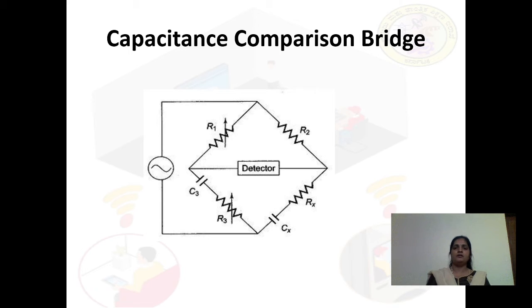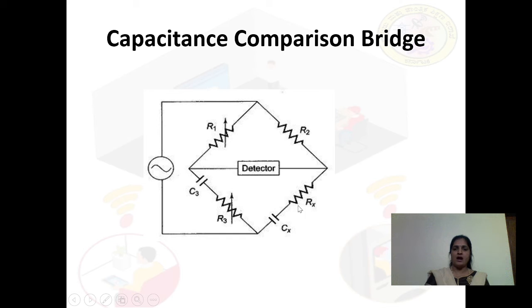Coming to the main kind of AC bridge, the capacitance comparison bridge, here we have a circuit, which we'll call a bridge circuit. This bridge circuit is to measure an unknown capacitance. Here the source of excitation is AC, and it is connected to the two opposite junctions, with arms R1 and R2, R3 and R4. Here R1 is balancing with R2. R1 is a variable resistor. Similarly, we are balancing arm 3 with R4, that is, the unknown capacitance.